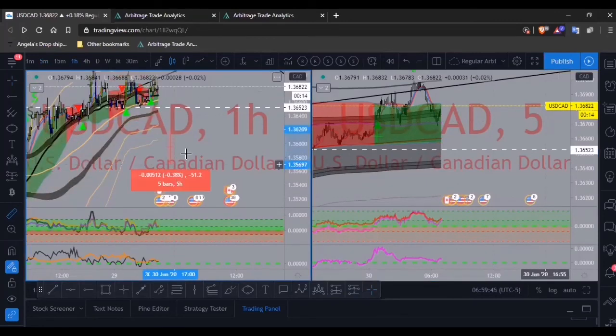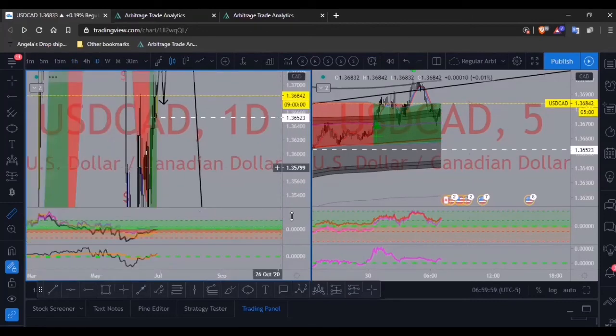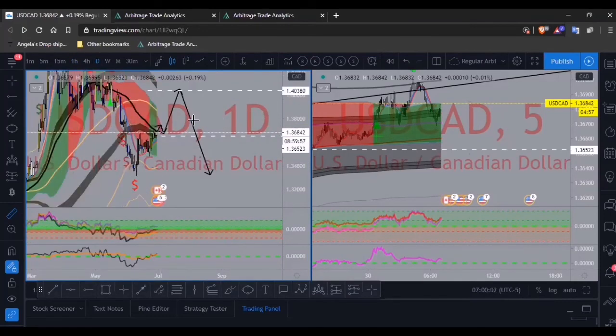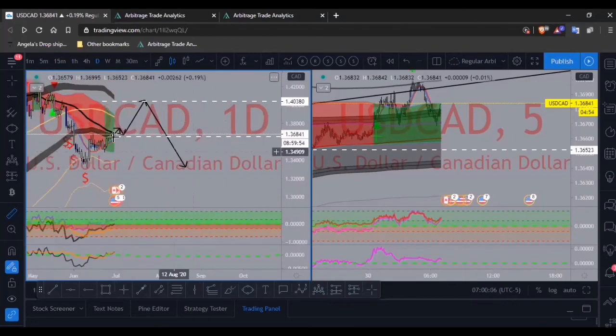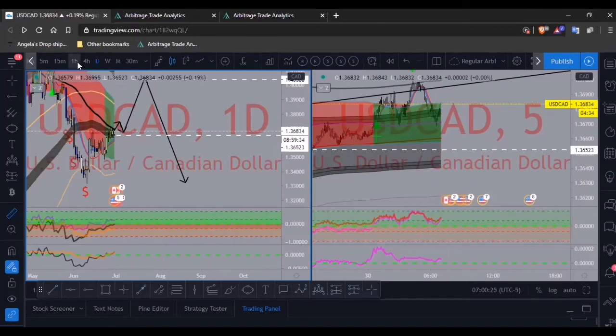I wouldn't mind buying this. We had the breakout, it retested the RSI line down here. I wouldn't mind buying this because if we go on the daily time frame, this is from yesterday's analysis that I did. It looks like this wants to go bullish. So all it really needs to do is break through the RSI line right here, breakout, retest, then go up, and I still want to see this drop. But UCAD, that's another trade you can get into. It's 10 pips away from the RSI line on the 1 hour, not the daily.